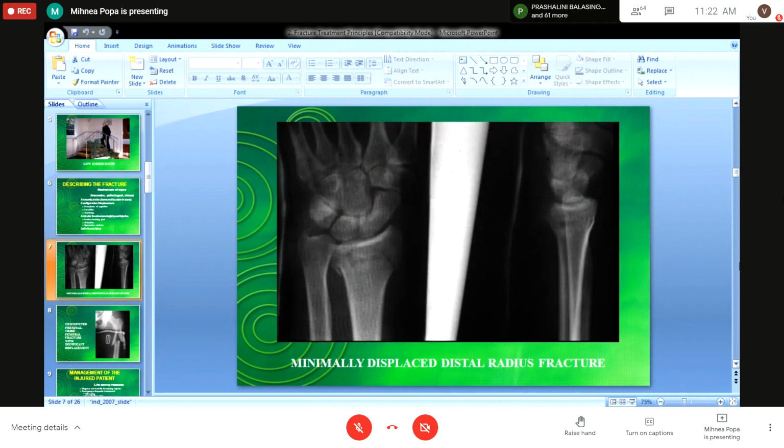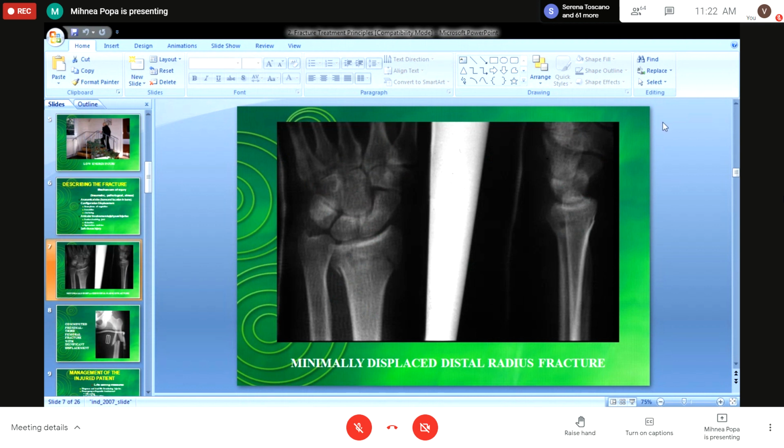For example, here is the most frequent fracture that comes to the emergency room, the distal radius fracture that we have, Pouteau-Colles and Goyrand-Smith. So to speak, you will learn about them in the course about upper limb fractures. As you can see here, it's a fracture that is minimally displaced, but at the same time comes with a